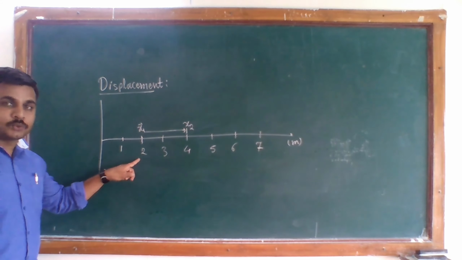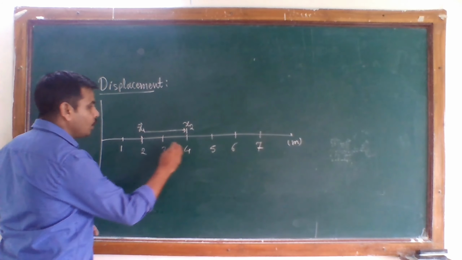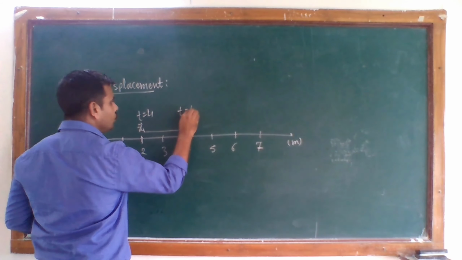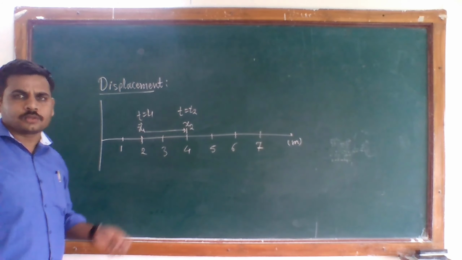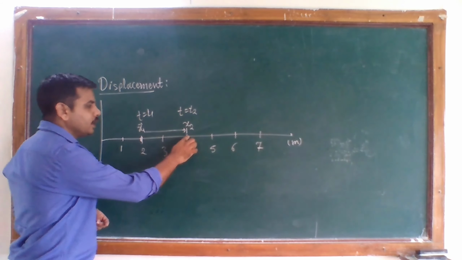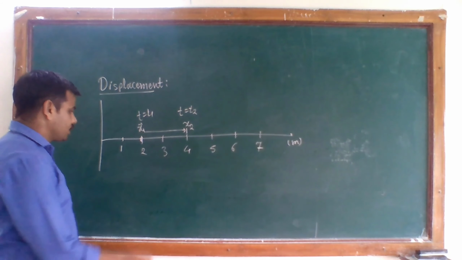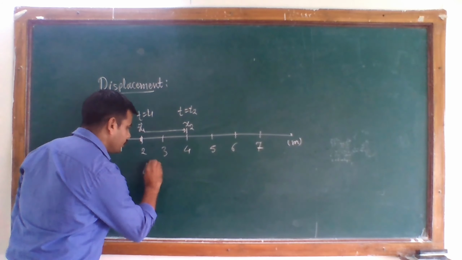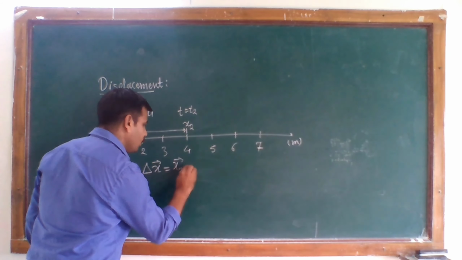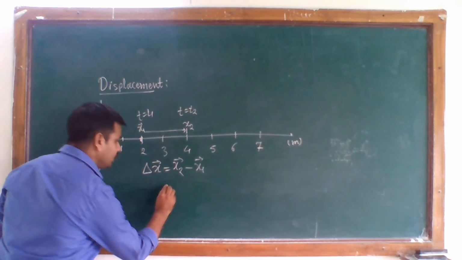At x1 its position is 2 meter. At x2 its position is 4 meter, or this is t equal to t1, this is t equal to t2. For a small time interval, the car changes its position from 2 meter to 4 meter. So what is the displacement? Delta x, which is equal to x2 minus x1. So you can write